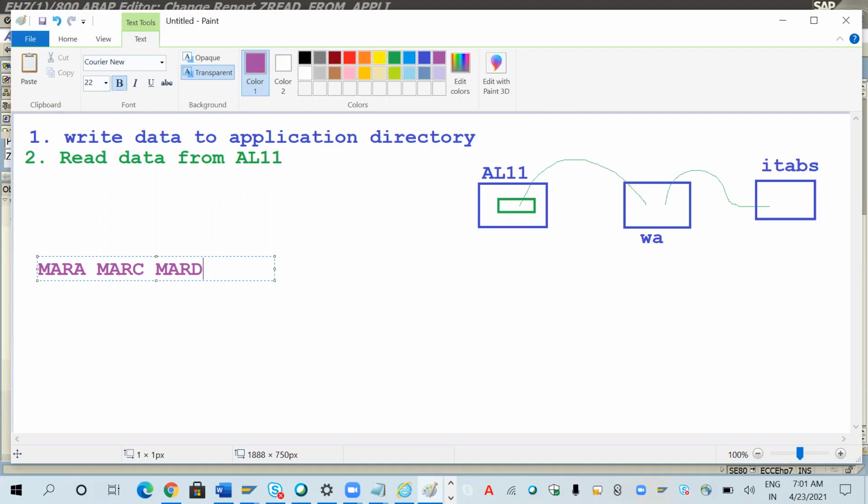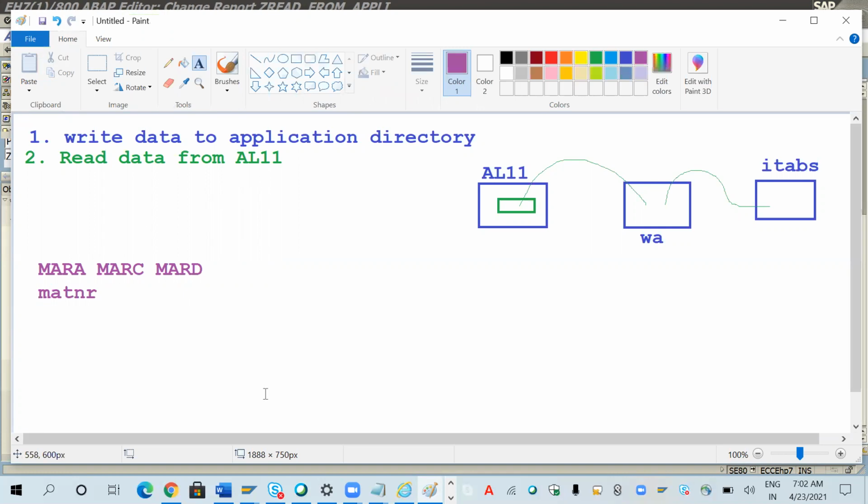So let us see how we can join these tables. We want to fetch the data from all these three different tables. As you know, the common field for all these three tables is MATNR, the material number. So let's see how we can fetch the data from these three tables and how we can use the joins